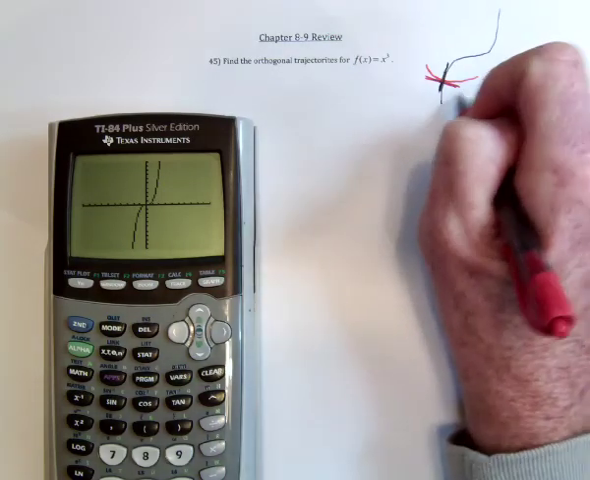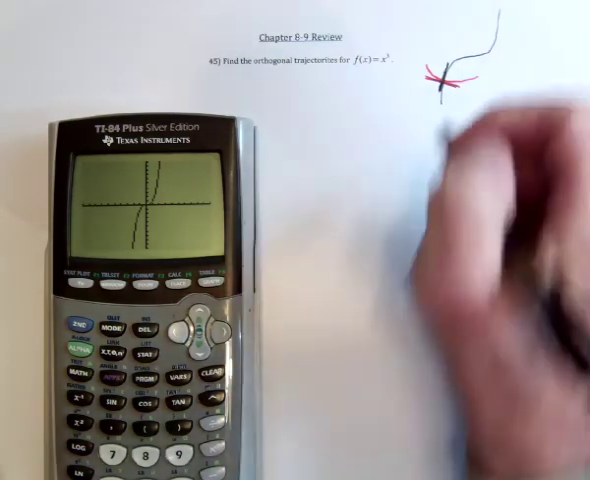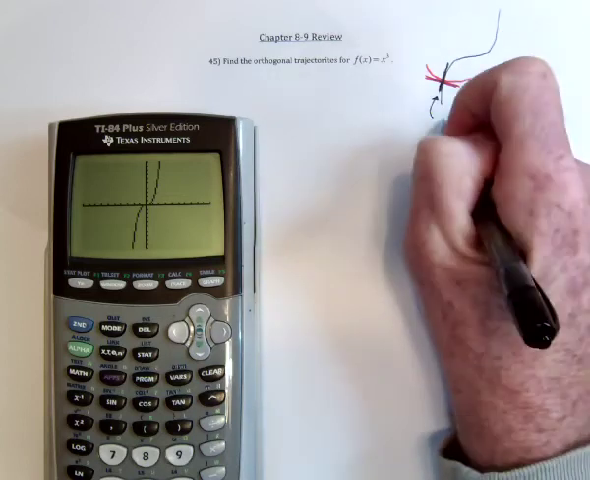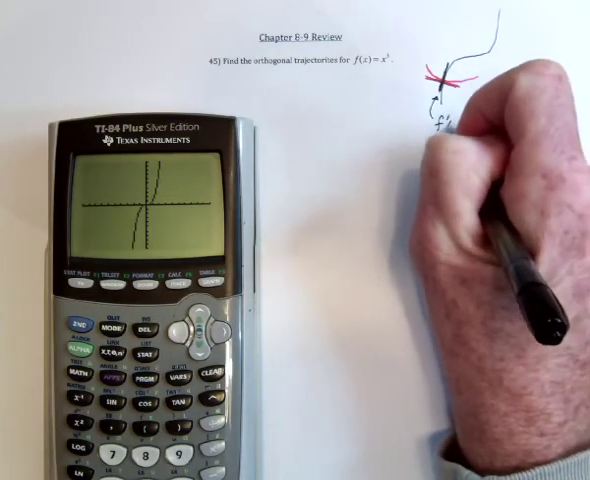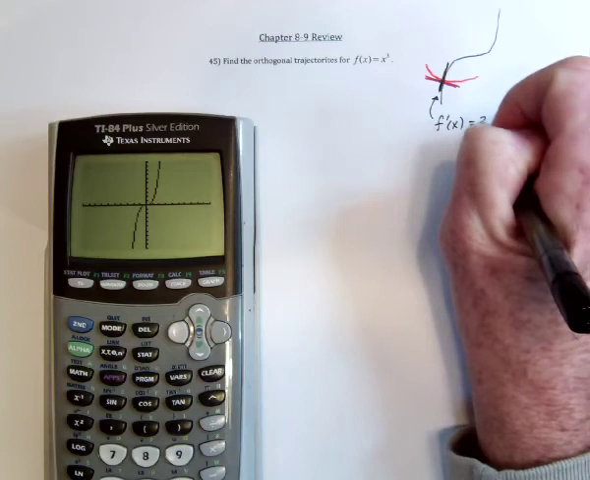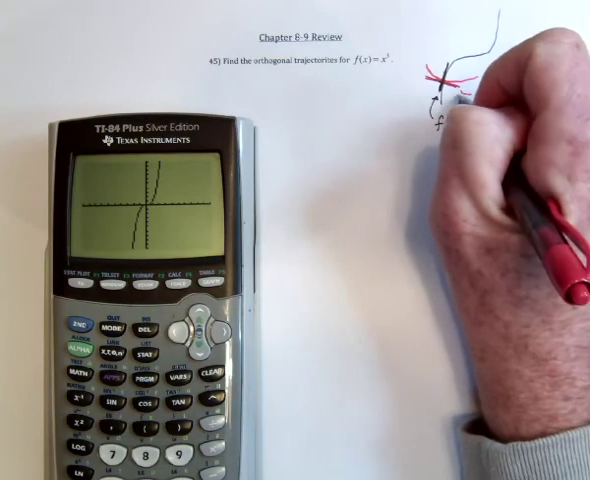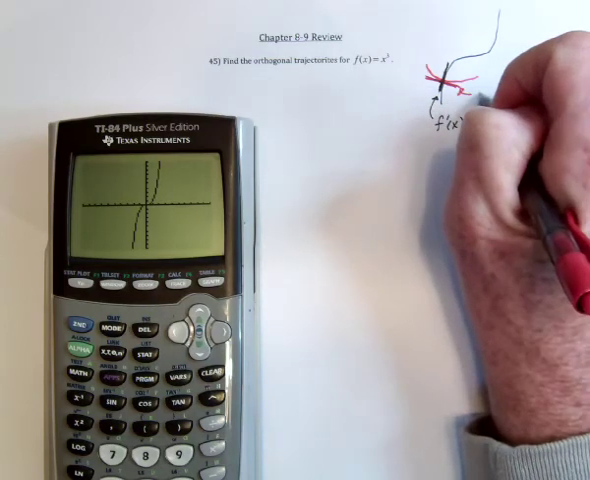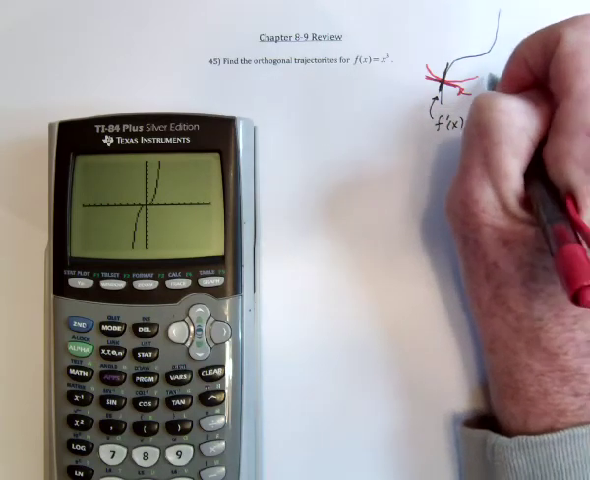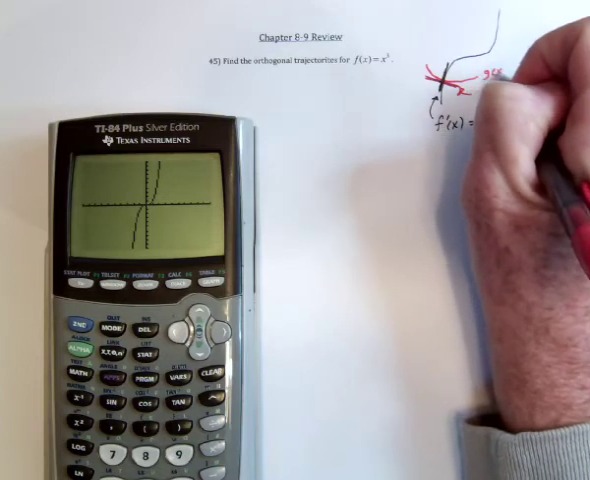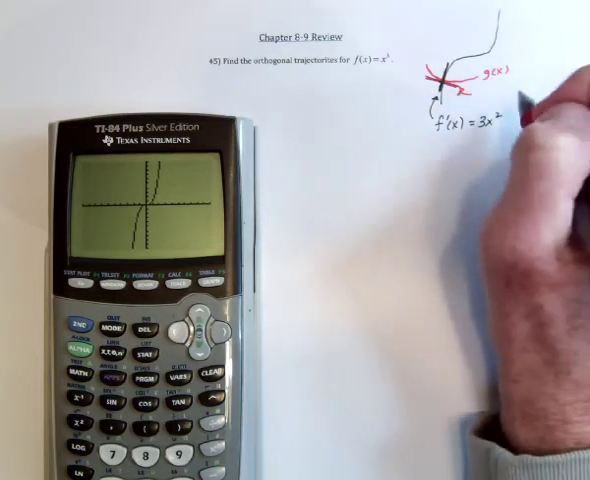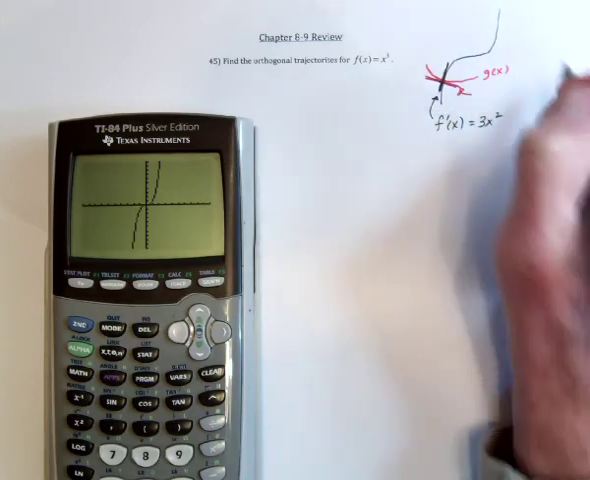Well, for this one's tangent line, we would need the derivative. And for this one's tangent line, let's say this function is going to be g function. So the red one is g, and the black one is f. So then for this red one, the derivative